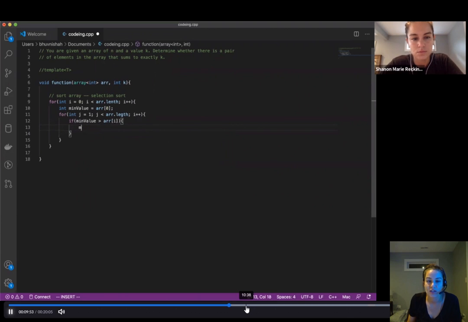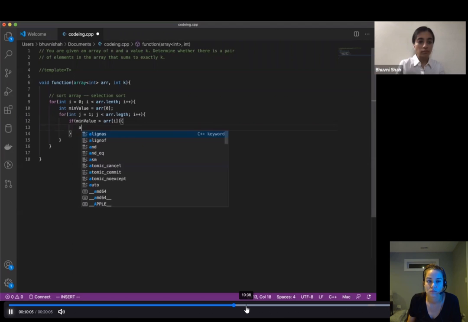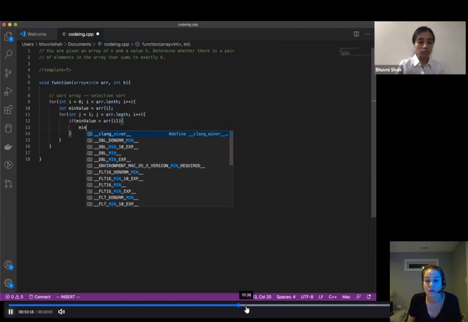So she's still trying to get this sorting algorithm written. Okay, I need to switch this one. She's writing selection sort, which she mentioned, but she hasn't even explained what selection sort does. She's just writing the algorithm.